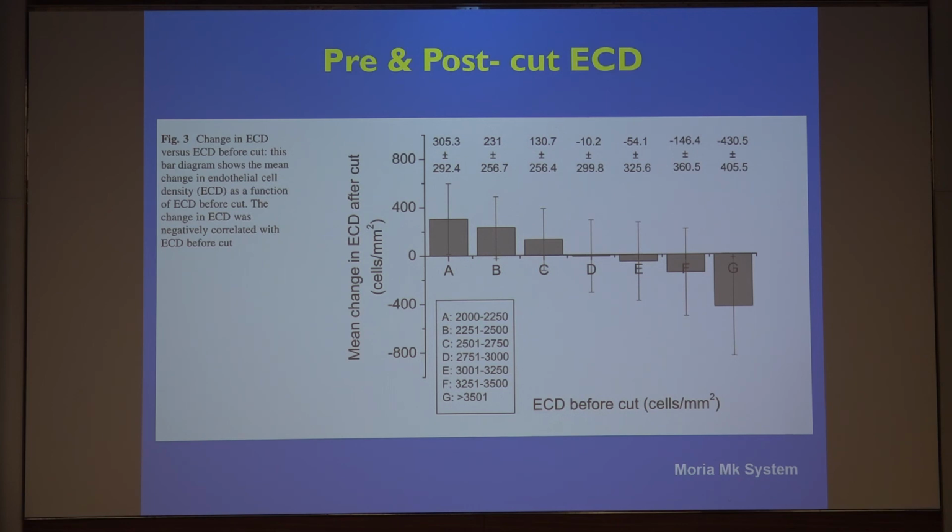This doesn't mean anything to do with the overall corneal assessment, but we need to understand that specular microscopy is dependent upon the optical principle of the imaging tool. So quite often the image clarity gets better after the cut, and that could account for these variations, which occur up to the tune of 400 to 500 cells per millimeter square in individual corneas. So one needs to be mindful of that.